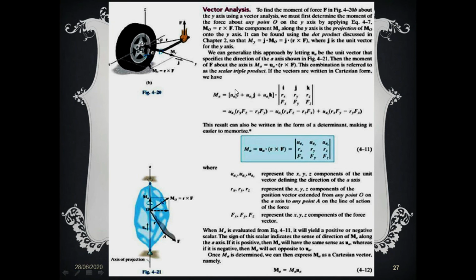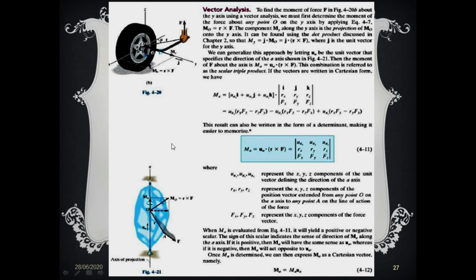This term can easily be further written and simplified like this: u_A · (r × F). You can write it like this: u_Ax, u_Ay, u_Az, r_x, r_y, r_z, F_x, F_y, F_z. Remember, when you take a scalar triple product, it will not be the simple vector product with i, j, k, r_x, r_y, r_z, F_x, F_y, F_z. For a scalar triple product it comes out to be u_Ax, u_Ay, u_Az, r_x, r_y, r_z, F_x, F_y, F_z, where